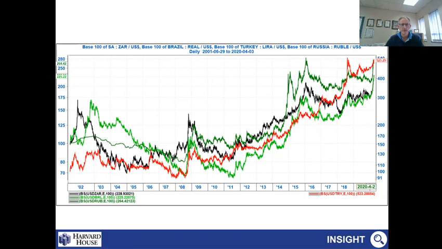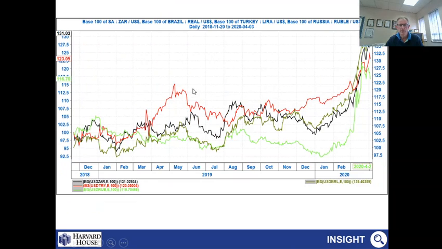So we can see that they've all weakened over those periods, but I want to point out particularly this end period here, that in fact all these currencies are under pressure at the moment as a result of a flight to safety, and global investors are taking a flight to put money into US treasuries because of the risk of the coronavirus around emerging markets.